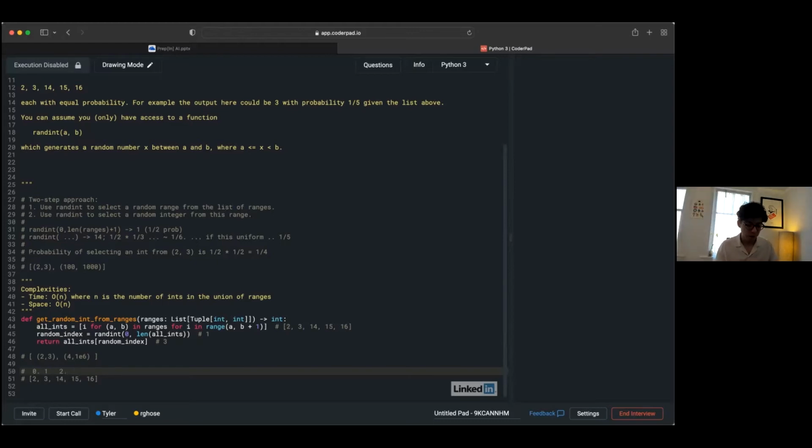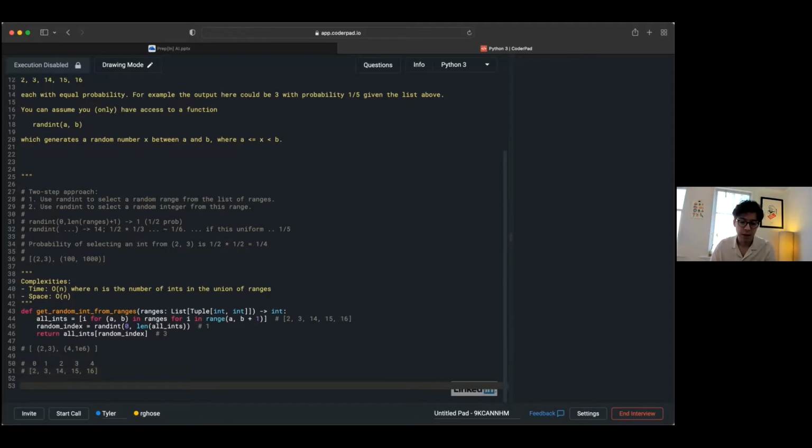And then we're picking one of those indices at random and returning the integer in the union list corresponding to that index. But maybe there's a way for me to do some clever arithmetic with the left endpoints and the index that I generate in such a way that I don't actually have to explicitly construct this list.